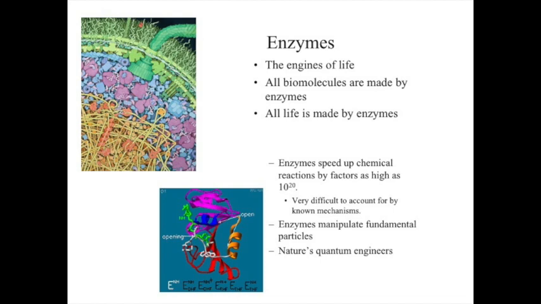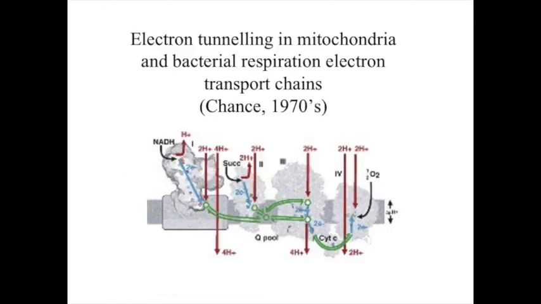So first, that was discovered actually back in the 1970s, in electron transport chains, such as take place in our cells in respiration, where electrons from respiratory substrates are fed into electron transport chains and transported along the chain to eventually be dumped onto oxygen as the terminal electron acceptor. That is a transport rather like we looked at in photosynthesis, but instead of an exciton being transported, it's electrons. And what was discovered is that electrons are transported by a process of electron tunneling.